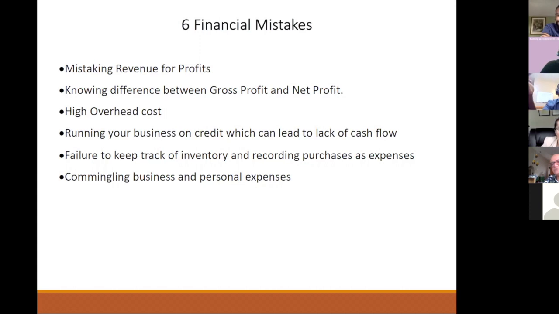And failure to keep track of inventory is very important. I have people that have sandwich shops. Guess what you buy? You buy bread, and whatever else you need to make a sandwich. It's all inventory because it goes into producing that product, and that is part of what you call your cost of goods sold. Make sure you're keeping track of that and do not record your inventory just as expenses. If you're in the business of manufacturing something, or you buy something for your business, you're recording inventory and you're recording expenses. Because inventory is what? It's an asset. We already looked at that.